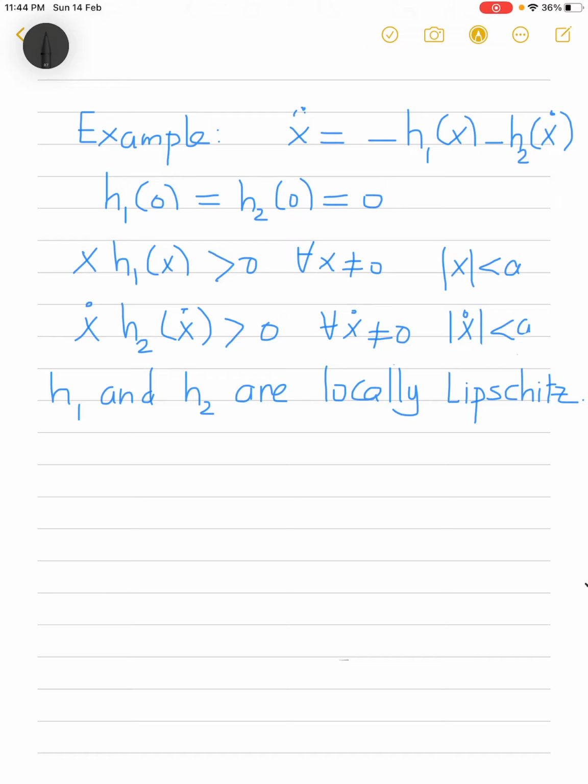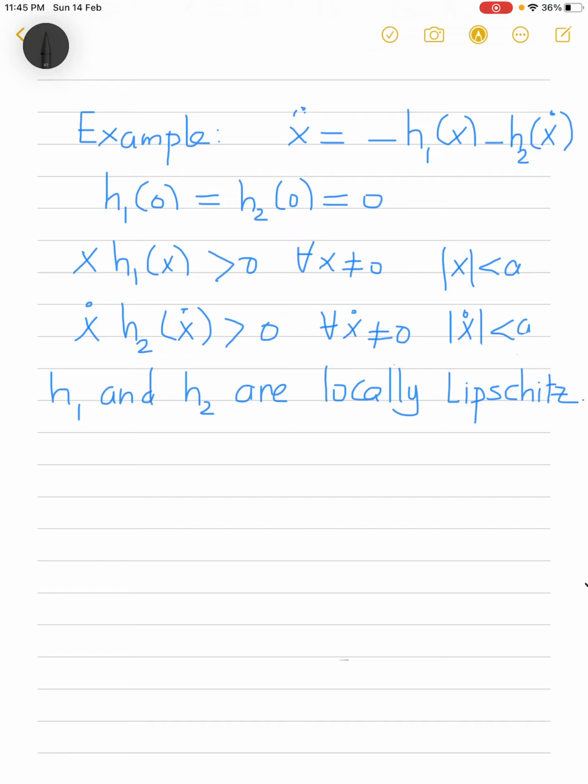We are considering here a second order nonlinear system. This could be a generalization of the pendulum equation. It could also represent a mechanical system that consists of a mass, damper, and spring if the damper and the spring are nonlinear elements. It could also represent the equation for the RLC circuit if the capacitor and the inductor are nonlinear elements. So we have here typical assumptions: h1 and h2 are locally Lipschitz, and we assume that